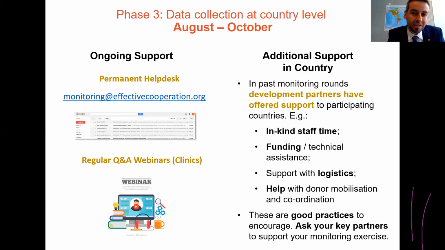That include, for example, in-kind staff time from the development partner in helping the national coordinator, or they even provide funding for consultants or technical assistance, or in some cases they provide the logistics to have a multi-stakeholder dialogue, or in other cases they helped with the donor mobilization and coordination processes. That was also very useful to have all the other donors engaged and also reporting data in a timely